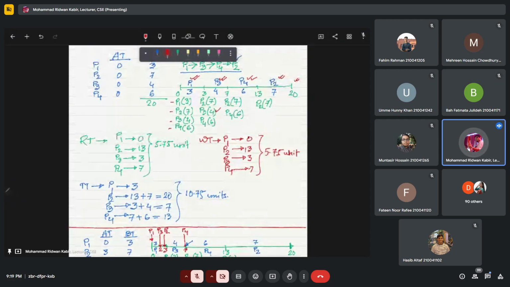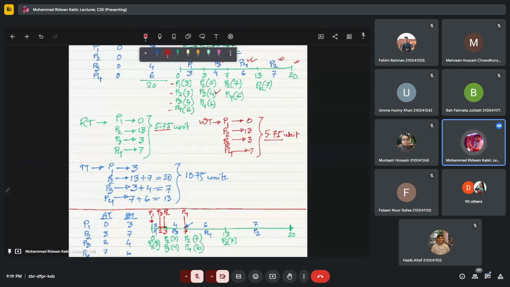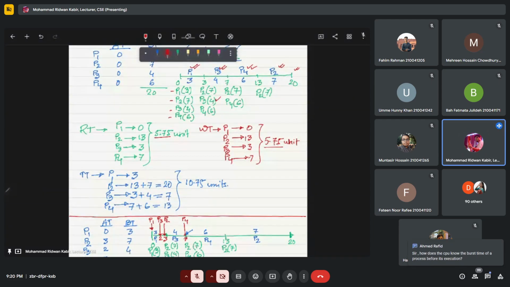In this case, you end up with this matrix for all of those processes, and you have an average of 5.75 units of response time and 5.75 units of waiting time. Finally, you find out the turnaround time, which is, after you calculate the waiting time, you just add one more value, the time it left the CPU. That will give you the turnaround time. Say for example, if you see for P1,